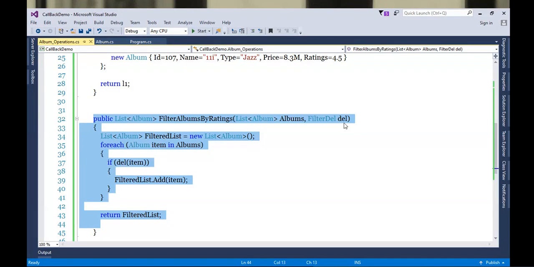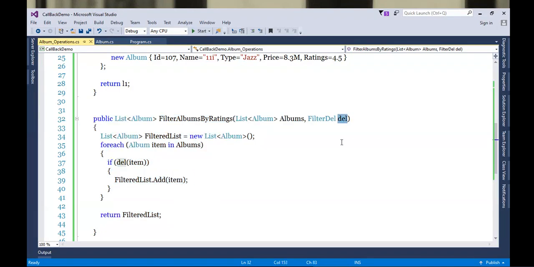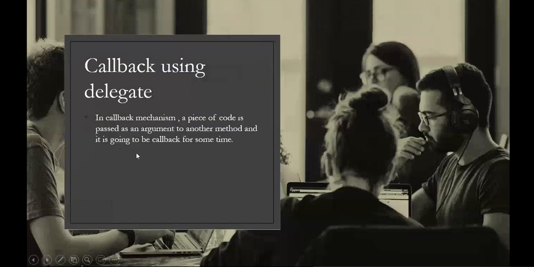And how are we going to pass it? Via delegate. So in the callback mechanism, a piece of code is passed as an argument to another method and it is going to be called back later. In C#, this can be achieved using delegates. As I already told you, without delegates this is not possible, because delegates provide the facility to pass a method as an argument to another method.